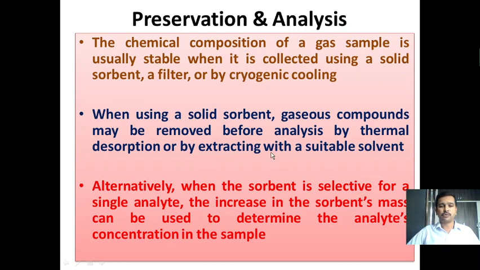What is the thermal desorption process? If polar analytes have been sorbed over the sorbent, you can reverse the polarity of the sorbent by treating with some chemical treatments or by changing the temperature. Here, chemical treatment we cannot do. If you do the chemical treatment, all those components present in the sample undergo chemical changes. But if you vary the temperature, this adsorption or sorption process is also dependent on the temperature. If you increase the temperature, the sorption capacity of the sorbent will also change.